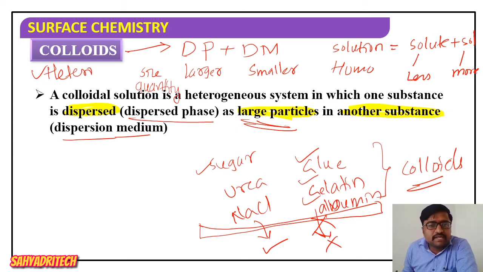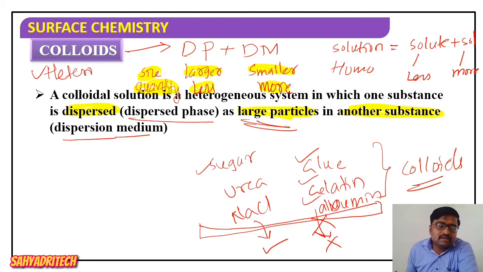Quantitatively, dispersed phase particles are less in quantity, while dispersion medium particles are more in quantity. Please remember this. If I consider size and quantity, whose size is more? Dispersed phase particles are going to have larger size, and quantitatively they are less. If I consider dispersion medium, the size of the particle is small but quantitatively they are present in more